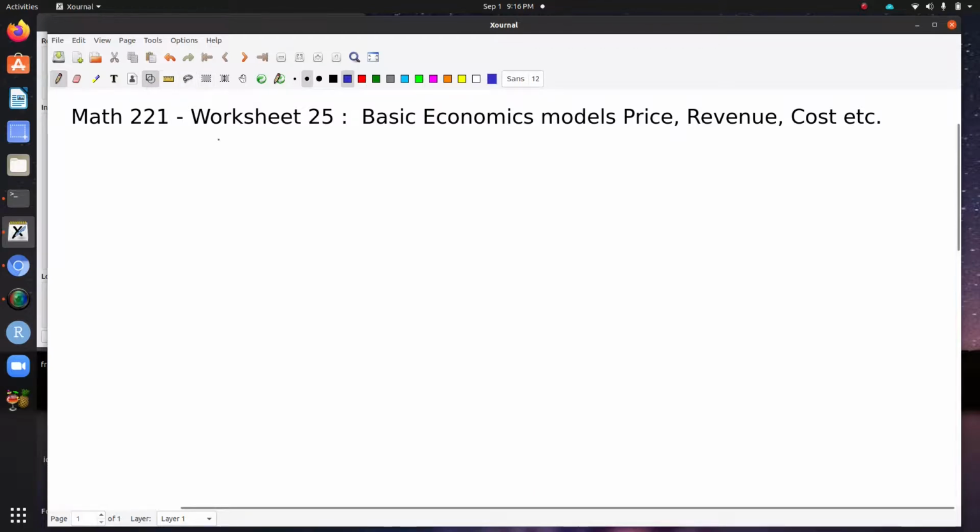So let me just do that first. There's this idea that when you're looking at your profit function, it looks kind of like that. Where the profit is maximized,